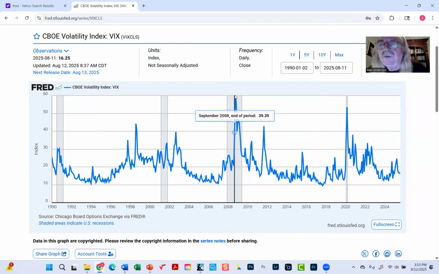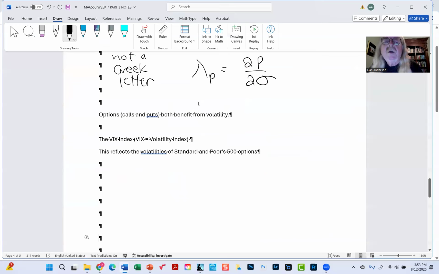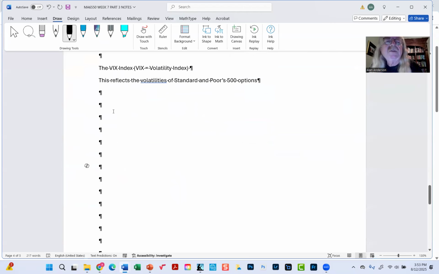Also, interestingly enough, gold prices tend to go up when the markets are in turmoil because when people are nervous, they turn to gold. It's always been perceived as a safe hedge against catastrophe or inflation or whatever. So the VIX is a good indication of how much volatility there is in the markets. Now, why is volatility so helpful to options? Well, that's because remember, with options, the calls and puts,